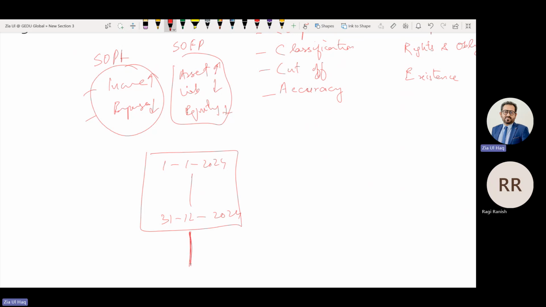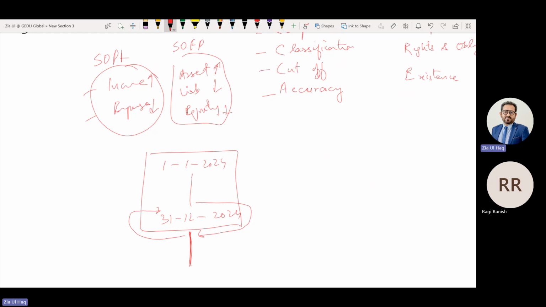From here onward, next period will start. What happens sometime? Company management record sale of January in December and record expenses and purchases of December in January so that they can overstate current year profit. This is called cut-off error.